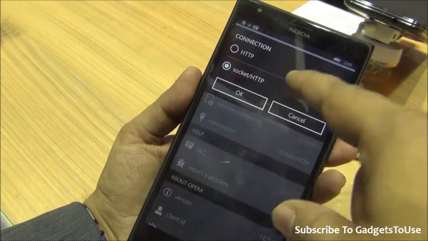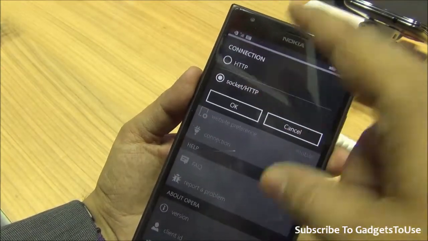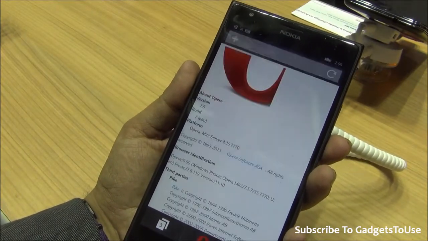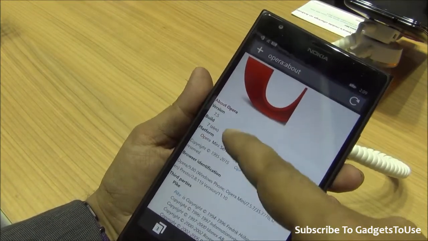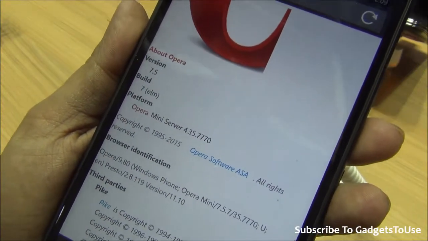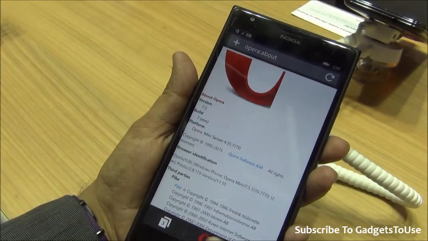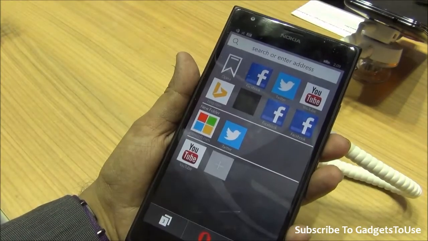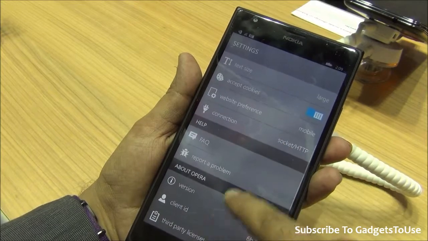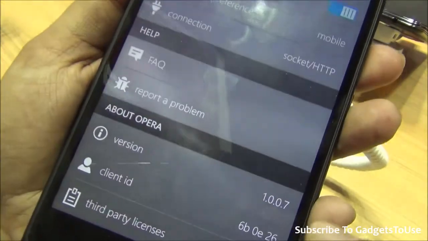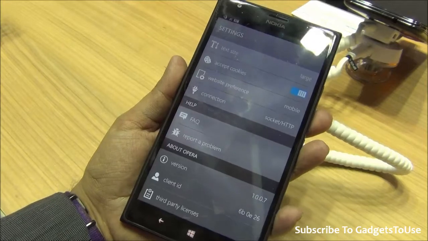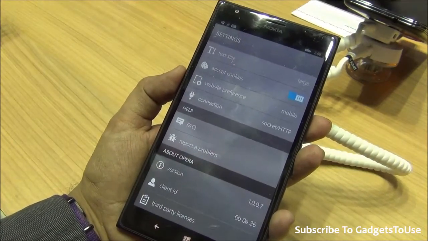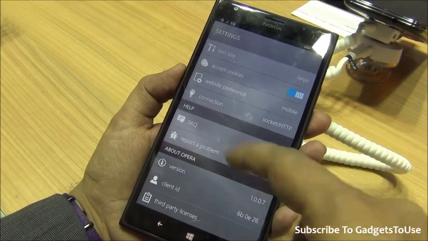You also have the option of changing the connection. You can also go for this as well in case you would like to. You can also report problems in case you face any issues, because this is going to be in beta. As of now, this is the exact version on this particular device, and once it comes, it will be in beta, and you can report any kind of problem you face on this browser. Talking about some more things, we do have an option like version. So this is the exact version. This is going to be the first build which is going to come, and it is pretty stable, I would say. Even when this is a test build, it is very stable, and you have some more options over there.